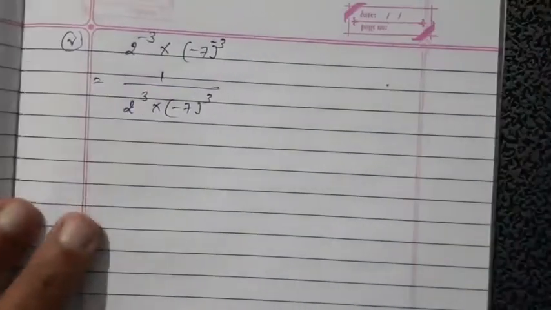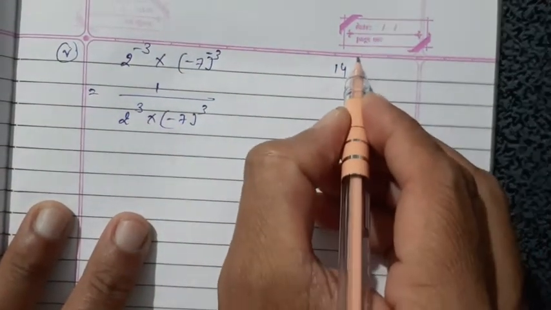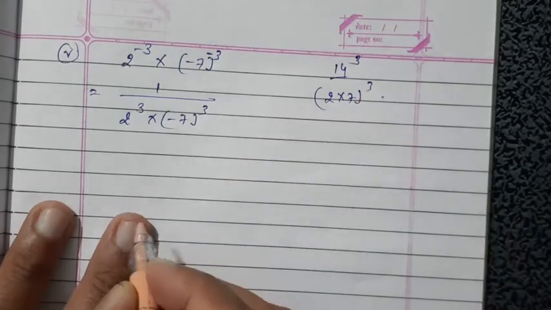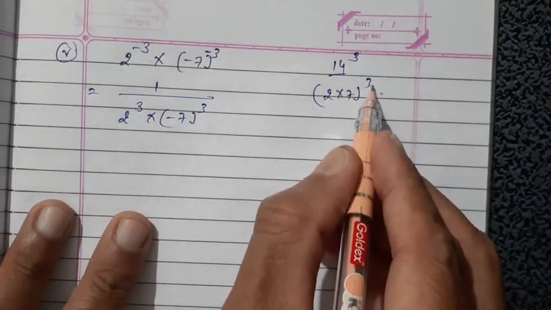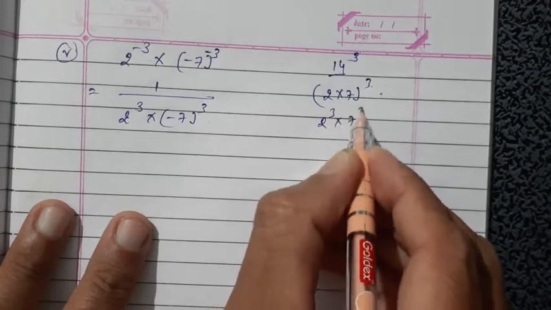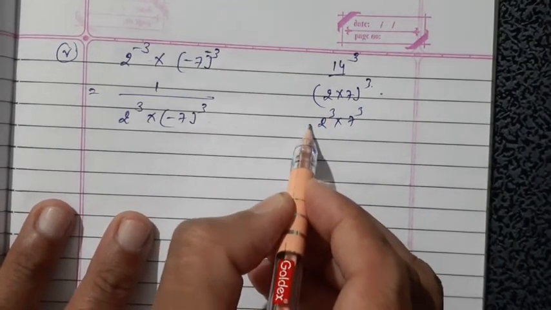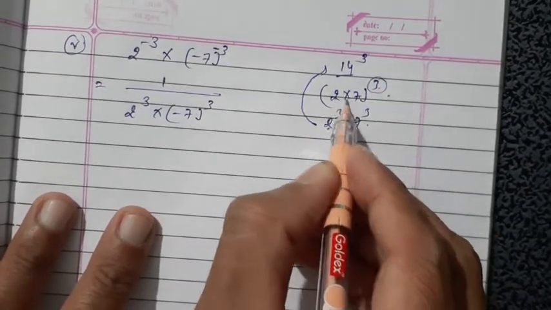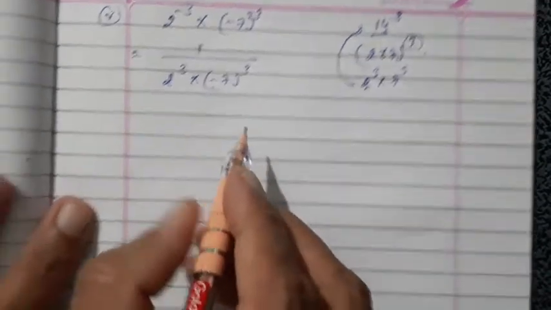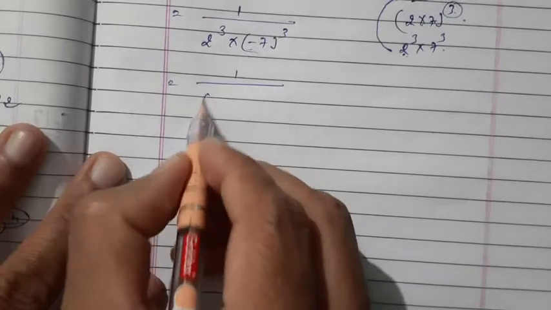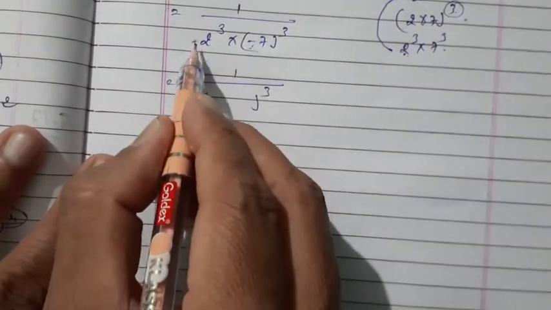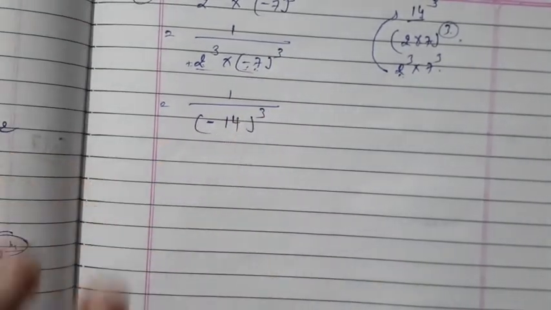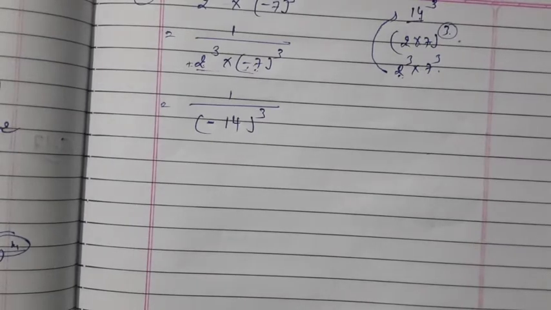Okay. Now look here. If 14 is there, 14 raised to 3 is there. And factorize 14: 2 into 7 whole raised to 3. We factorize the 14. So here 3 is the power of both, meaning 2 raised to 3 into 7 raised to 3. Okay. Now think in reverse order. 2 raised to 3, 7 raised to 3, means 3 is common. 7 2s are 14. Same here, we multiply them. So what's the answer? 1 upon, okay, power is 3, and here plus and here minus, multiplication of these two numbers. So plus minus minus, 7 2s are 14. So the answer is 1 upon minus 14 raised to 3.